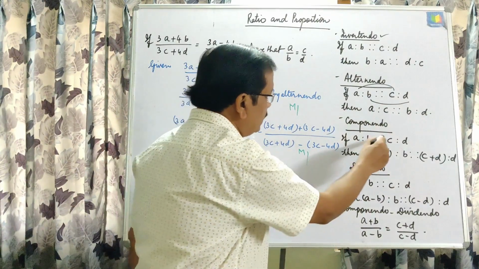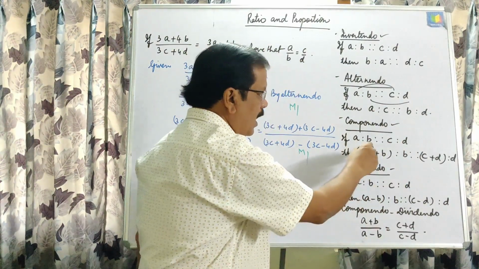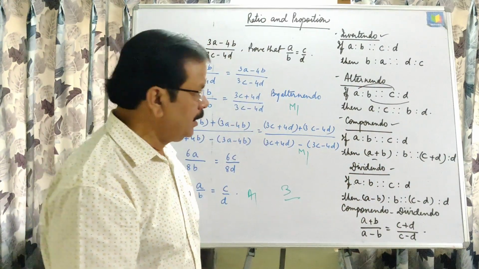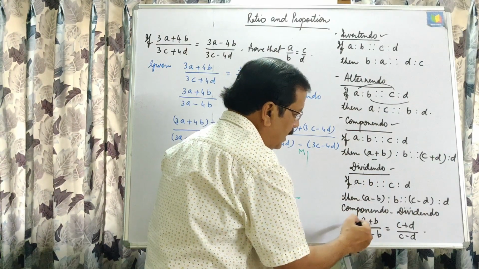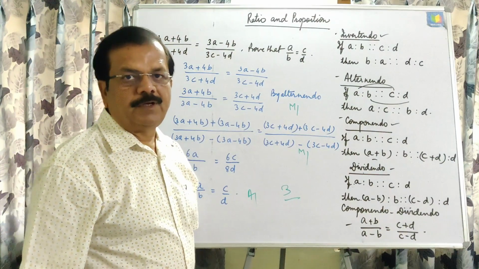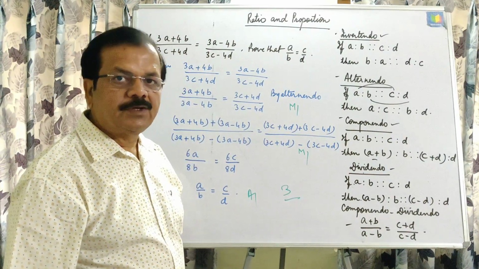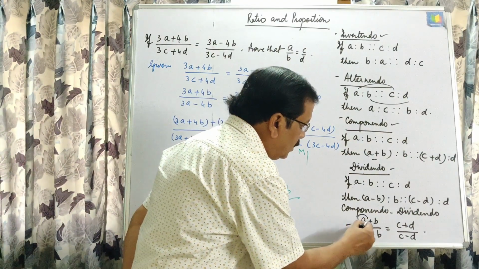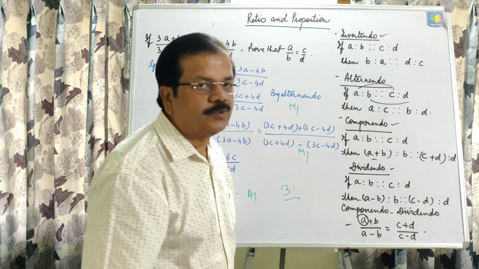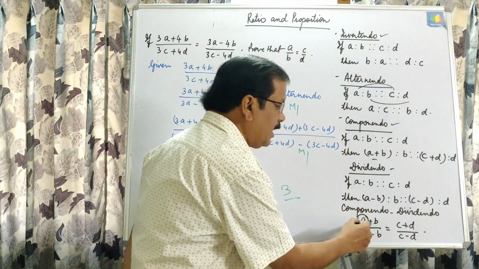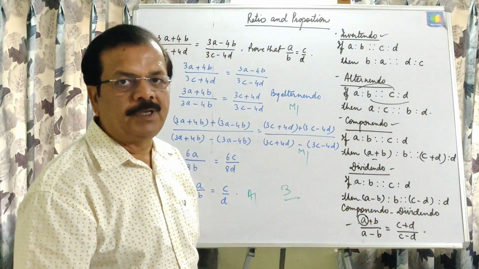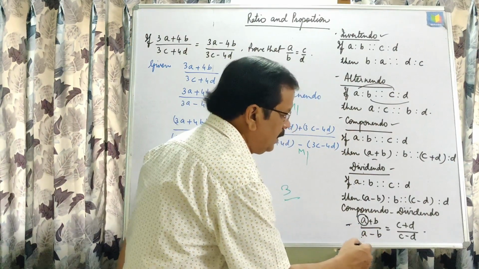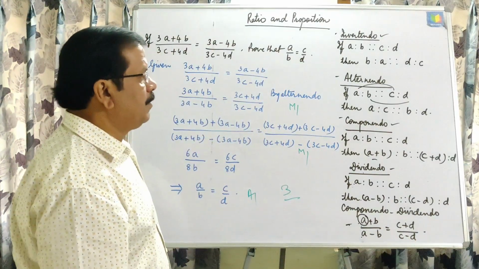Okay, and by merging these two properties, componendo and dividendo, after dividing these two, because in both the properties you are given A, B, C, D are in proportion, then dividing this, you can write here, that is, componendo dividendo: A plus B upon A minus B is equal to C plus D upon C minus D. If you are taking A in the numerator, don't leave this here, because so many students make a mistake here. They write A plus B and then in the denominator they write B minus A. That is incorrect. Okay, don't use this. A plus B upon A minus B is equal to C plus D upon C minus D.